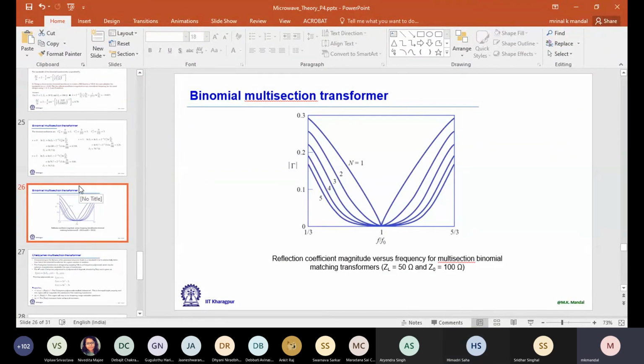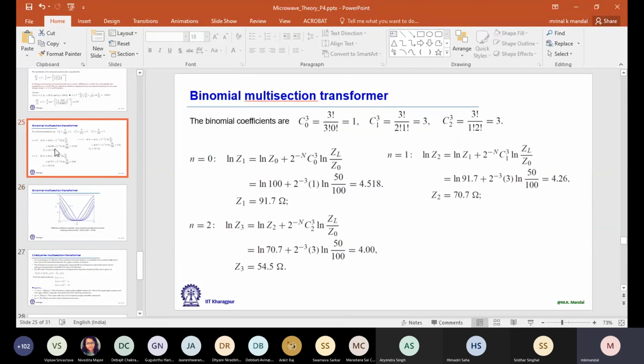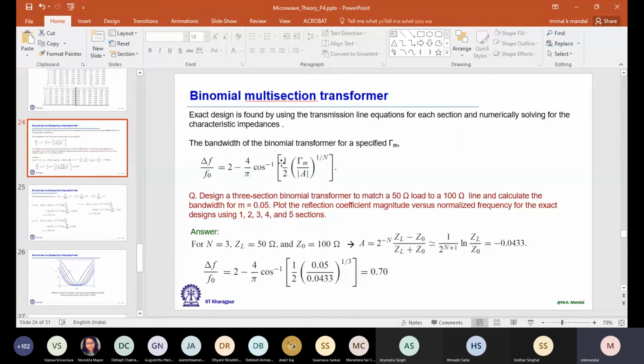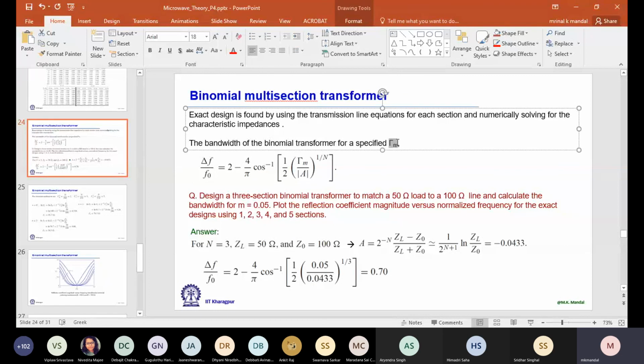Okay. So here, every time we are defining a gamma m value for this example, for a specified gamma m, you see that 3 dB is a very vague term. First of all, you tell me about that 3 dB bandwidth concept you used in analog circuits, in basic electronics. That 3 dB in terms of voltage, current, or power, whatever you like. What is your answer? Generally, that is half of the maximum power. It is always with respect to power.